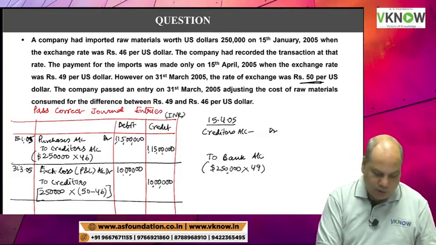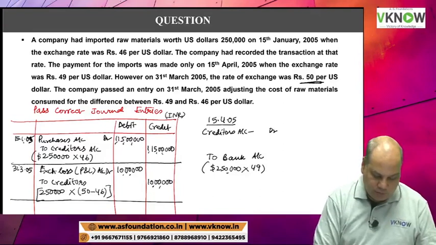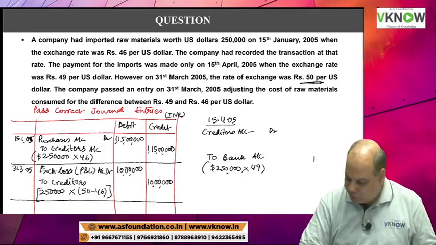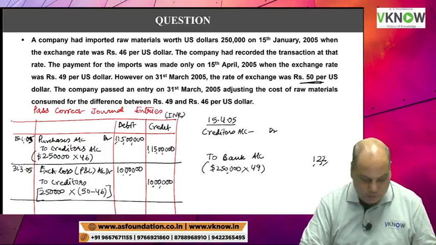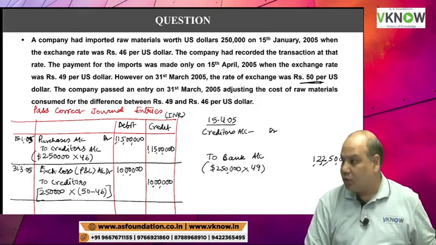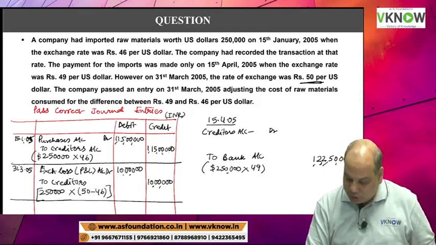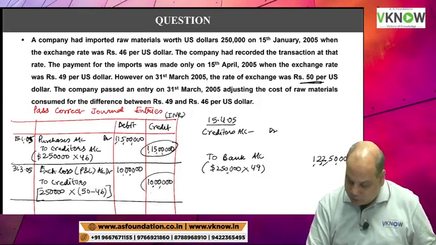So 2,50,000 into 49, my payment would be 1 crore 22 lakh 50,000. My payment will be 1 crore 22 lakh 50,000, and my creditor balance in the books is